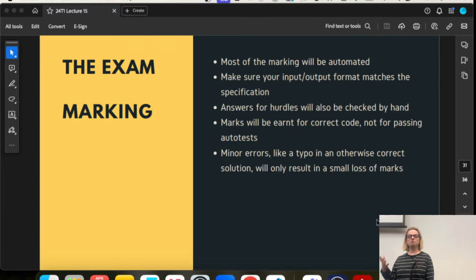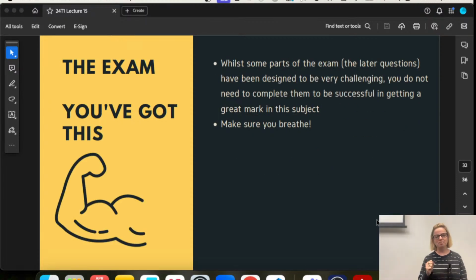And marks are given for correct code, not for passing auto tests. So if you've maybe missed an auto test but your code is really almost there, you will get most of the marks. So while some of the exam is going to be quite challenging, you don't need to complete it to be successful in getting a great mark.